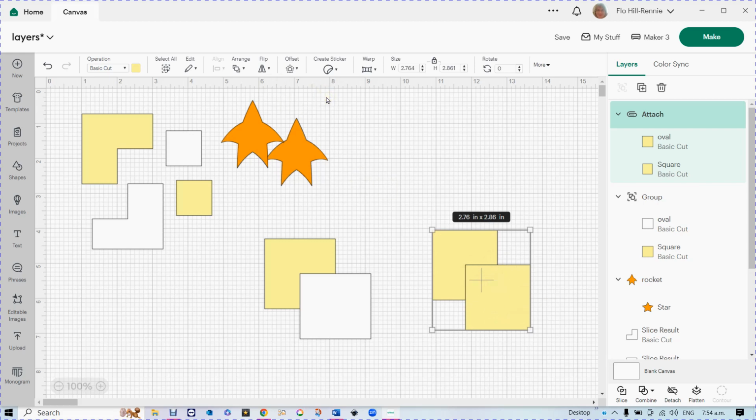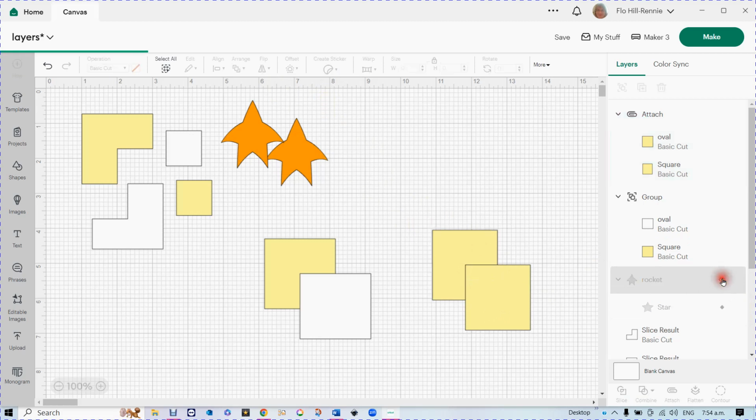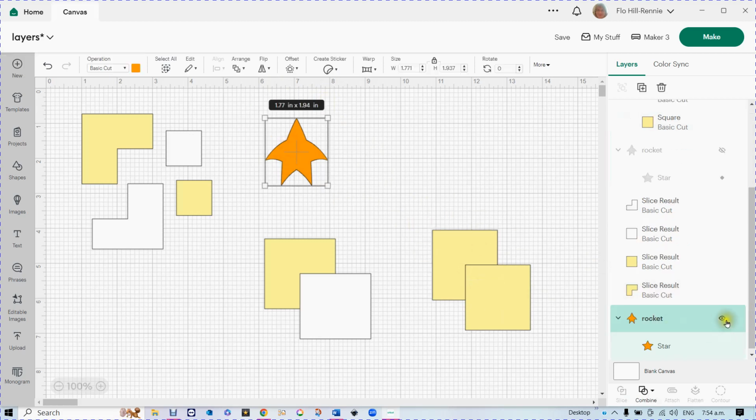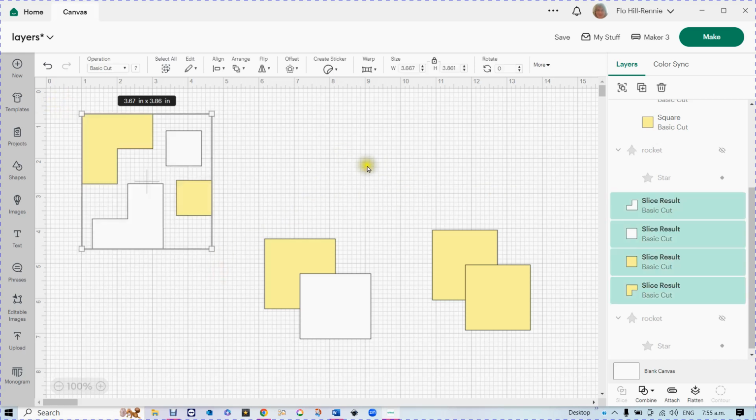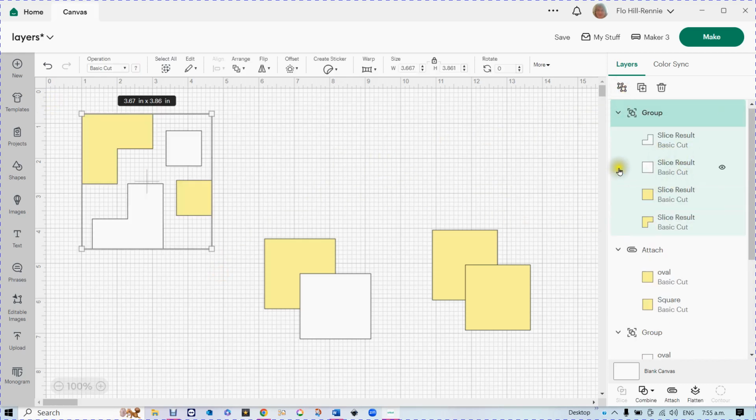So if I just select these on the layers panel, you can also eyeball things out. Now that doesn't mean to say they've disappeared, it just means that we don't have them on our page to clutter up the mess. So I am now going to group these that I sliced,